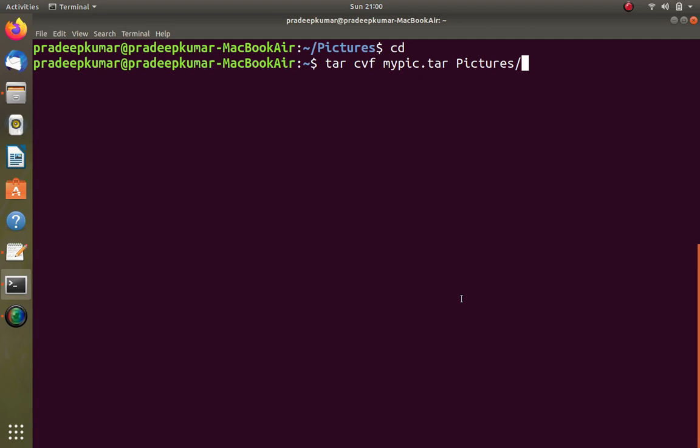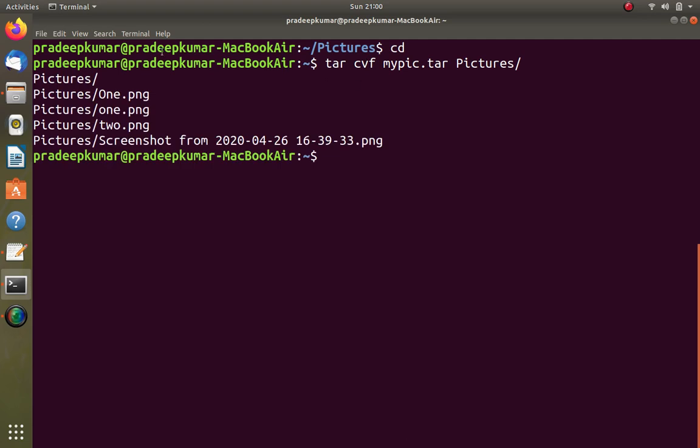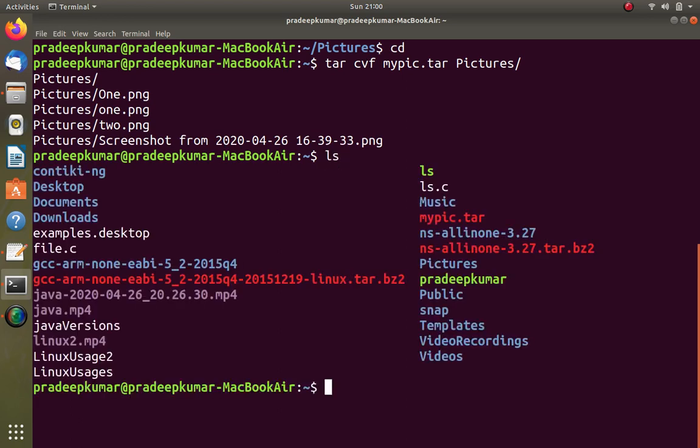V verbose means whenever it is compressing, it will show you which file is being compressed. Now you can see pictures 1.png, 2.png and all these are compressed. And with ls, a file got created called mypic.tar. This is the way we can do the compression.